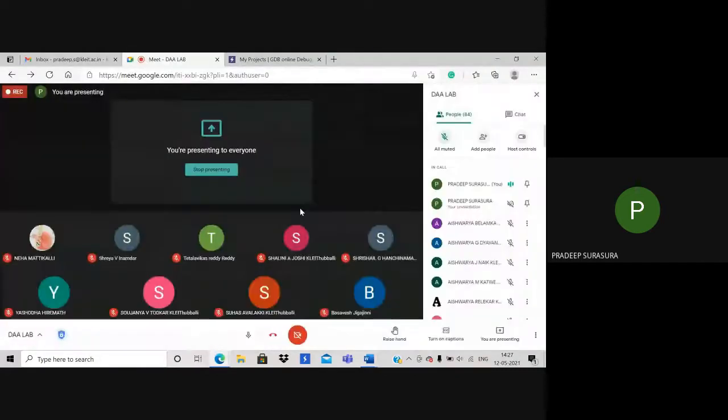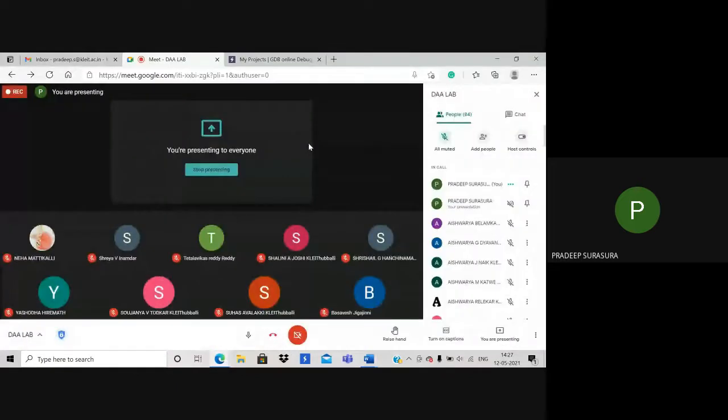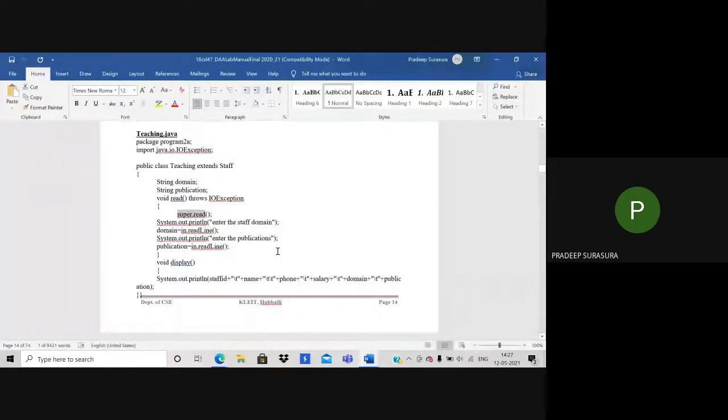So as of now, you understand that super is used to call the immediate parent of this particular class. Super means it will take care of calling in a more secured manner, and it will call its corresponding parent only.